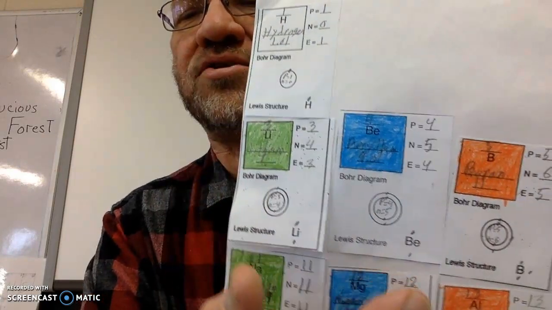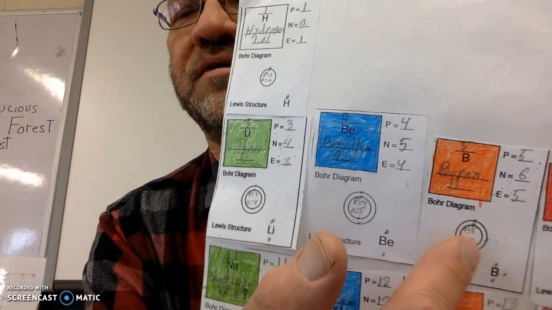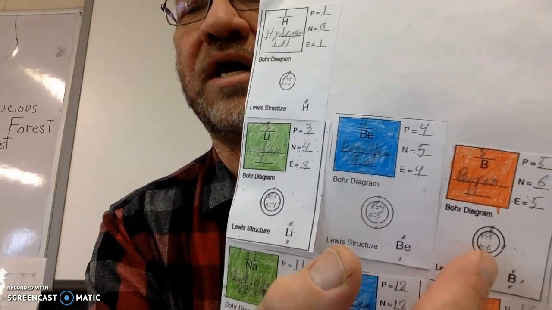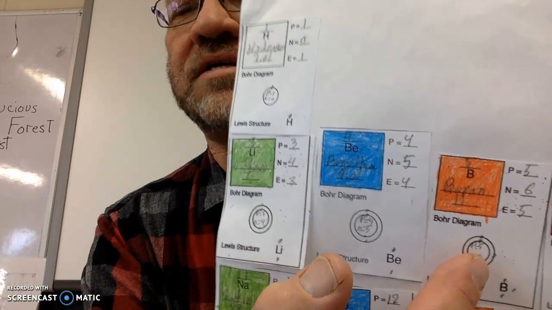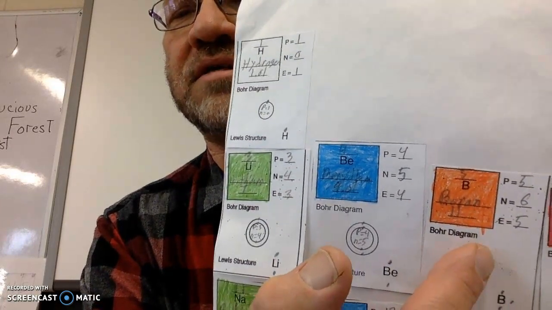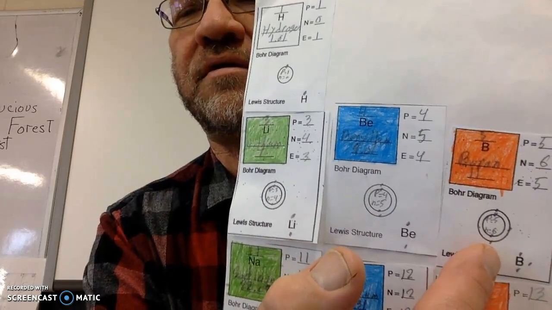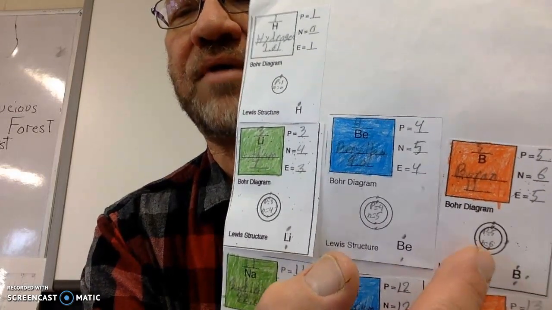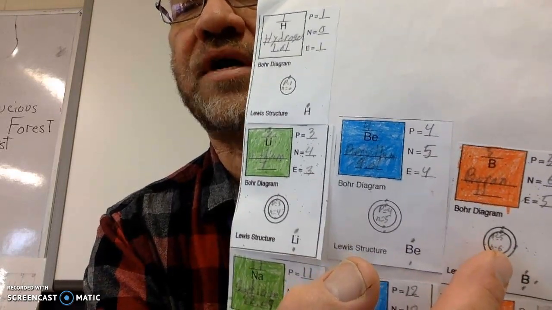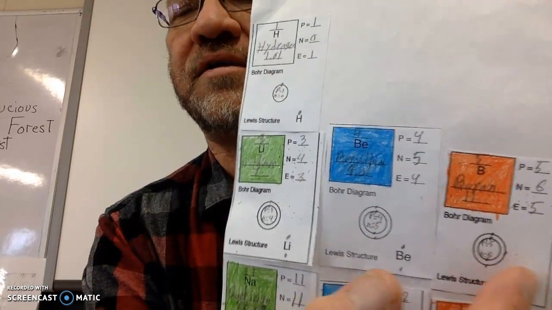So this isn't bad to show you the wrong way, because that might happen to you. Here, boron, looks like this has 5. Anyway, this one has 5, and there's 3 on the outside, so they put 3 dots. Okay,